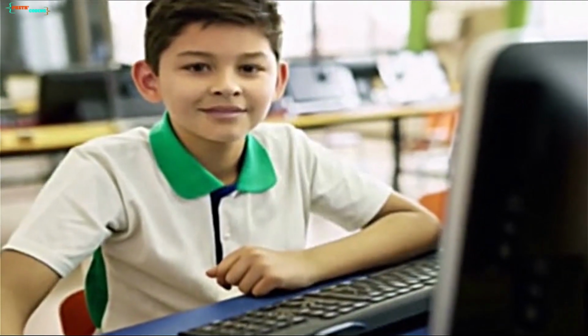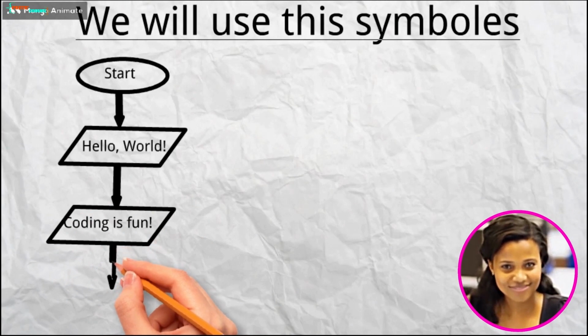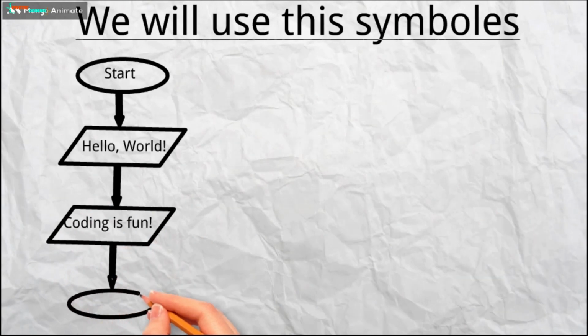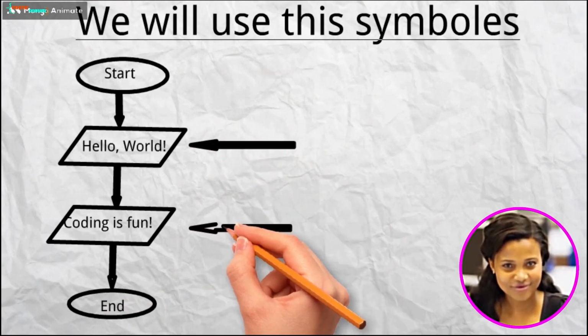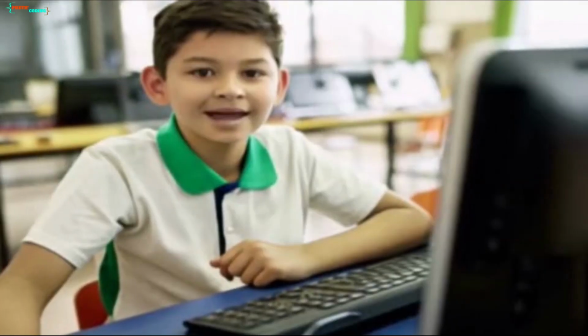Can we add more steps? Certainly. Let's enhance our flowchart to display multiple messages. By adding more display symbols, our flowchart now showcases multiple messages one after the other. How does the computer understand this? Great question. Flowcharts help us plan and understand processes step by step, much like how a computer reads and executes